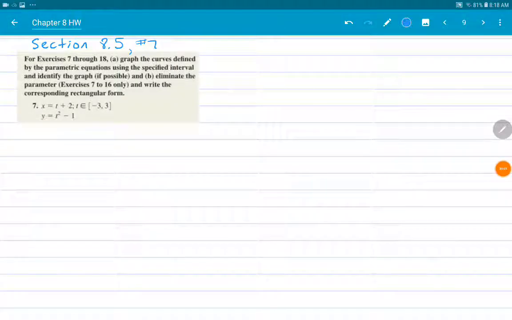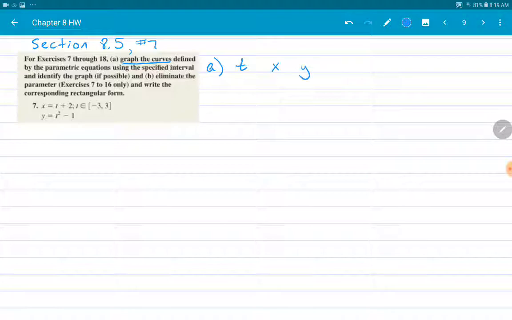Section 8.5, number 7. We're going to start by graphing the curve using a 3-column table, and then we're going to use the process of eliminating the parameter t to verify that graph and write it in rectangular form. So let's start with part A. Let's do a